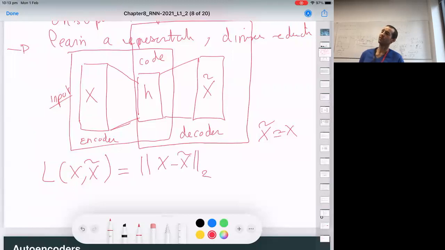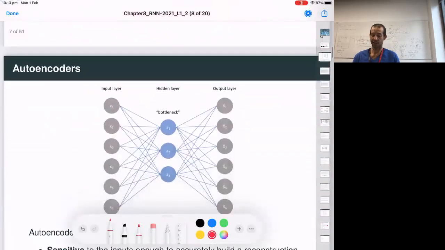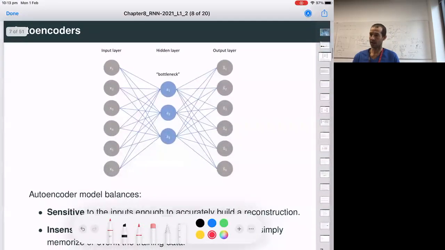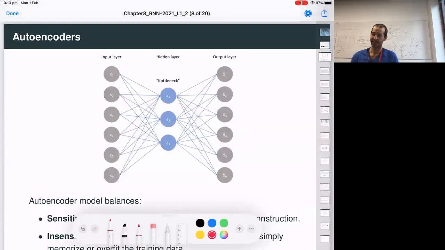But if you do this, you will have some trouble, depending on your layer and what you put in your code, because you will completely overfit, and in fact your X tilde will be exactly X. So you will not learn anything. So the idea, I put a nice picture here. You have your input and your hidden layer, which is a bottleneck,